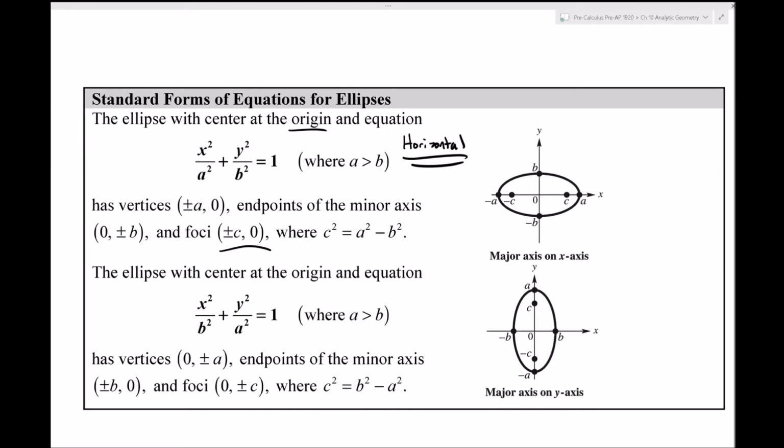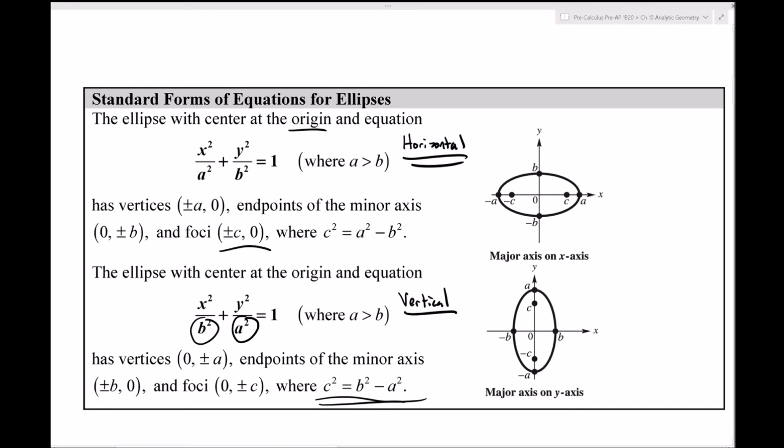Here they're going to take the ellipse centered at the origin that is vertically oriented, so this is a vertical ellipse, and they're going to switch B and A. So A, they're taking to be the bigger of the two numbers. We're not going to really care which one's A and which one's B based off of the equation. All we have to do is be careful with which one's the larger one of the two. And then in this case, C squared is equal to B squared minus A squared, because in